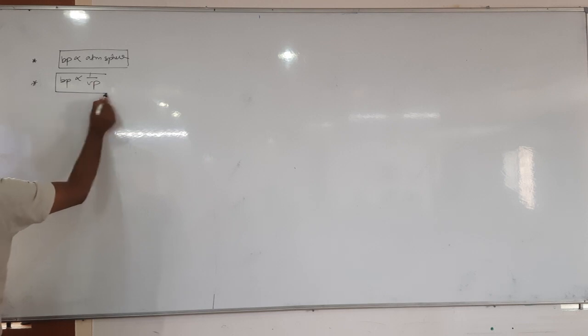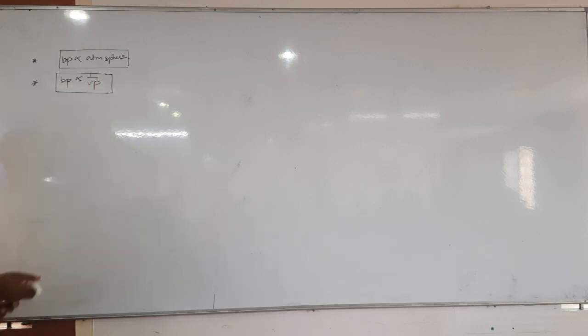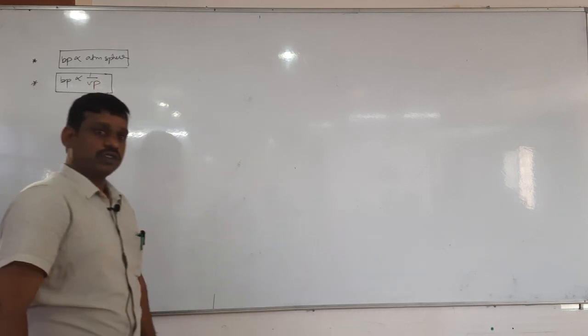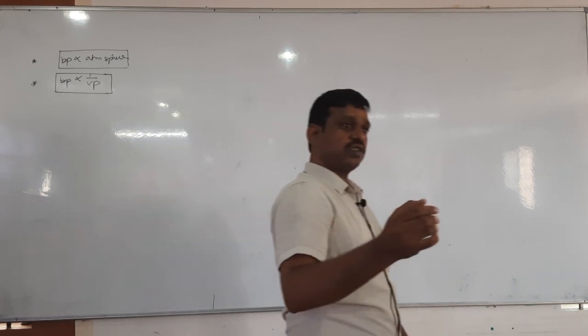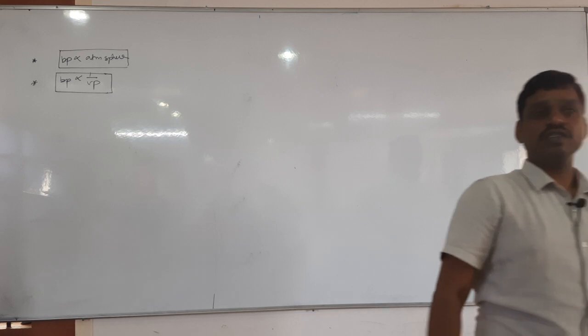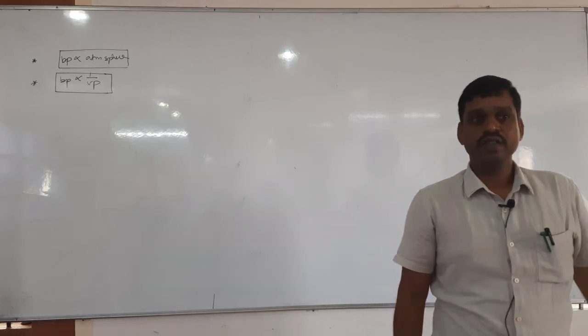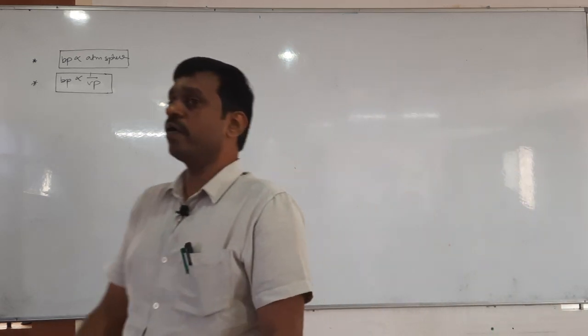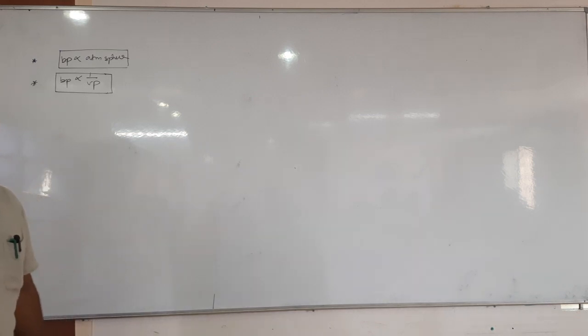So there are two liquids, liquid 1, liquid 2, A and B. The vapor pressure of liquid A is 600 mm of mercury. The vapor pressure of liquid B is 700 mm of mercury. Then tell me which one has the higher boiling point? 600 mm, 700 mm of mercury respectively, A and B. So if vapor pressure is less, boiling point will be more. Therefore, vapor pressure and boiling point are inversely proportional.